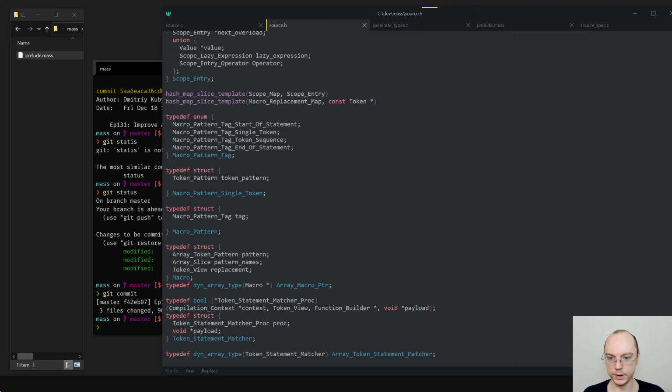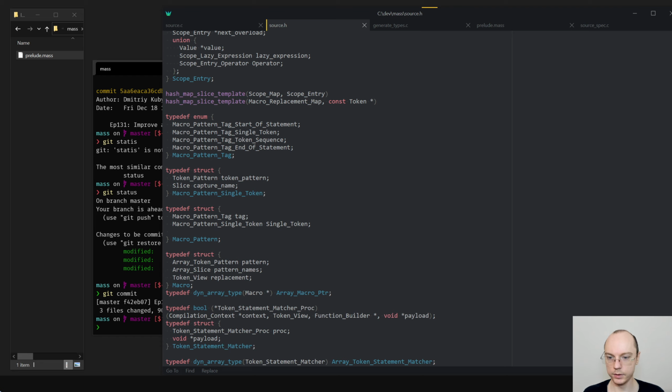And there is, let's call it capture name, maybe. That would be slice capture name. I kind of like that. Single token.